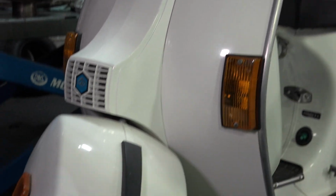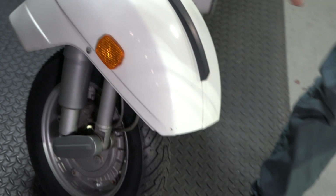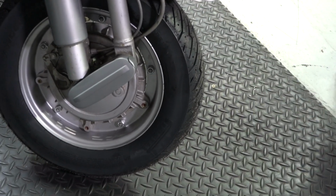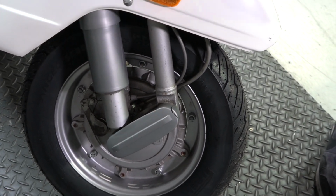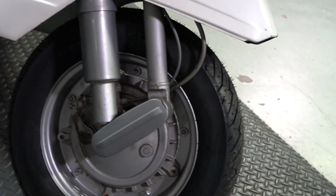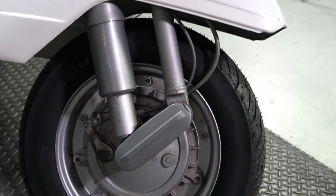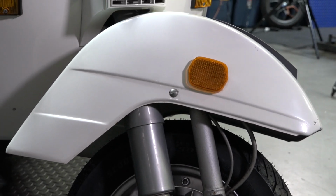Moving on to the right side of the fork. The fork still looks very nice and original. There's a little crack in that cover. We're just going to leave it alone because it's the original part. It's got the same silvery plastic cover over the spring and the original dampeners. They feel perfect. They work perfect, so no reason to replace any of those parts. Even this little screw is original right here. So pretty much the whole front end has been